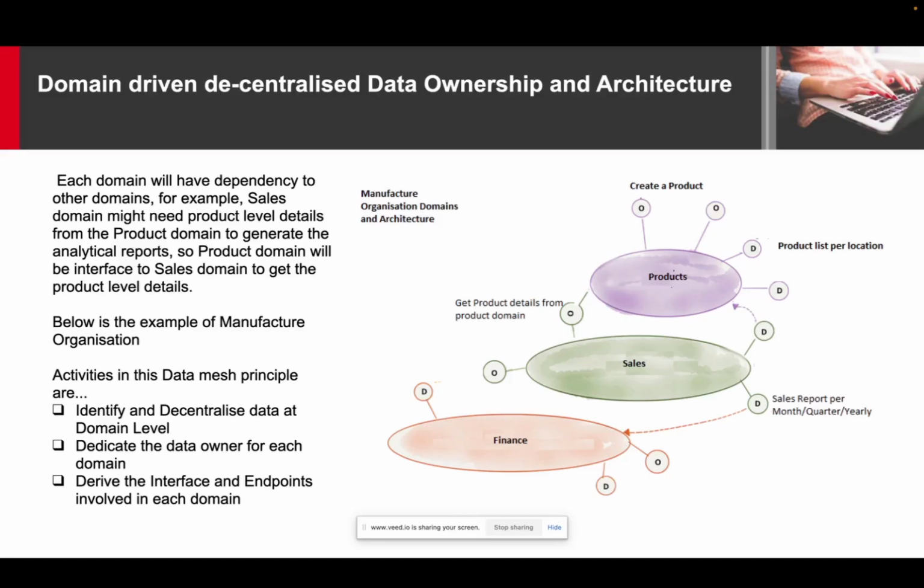In the first purple one, you will have some O and D circles with arrows pointing to the product domain, right? O is called an interface and D is called an analytic, that means endpoints. So in the product domain, we'll be getting data from the operating system. Say a new product is being created, you will be getting the data either through real time or batch. That data will be ingested into the product domain. Likewise, whatever data is coming to the product domain will be marked as O with an arrow to it. There might be 50 or 100